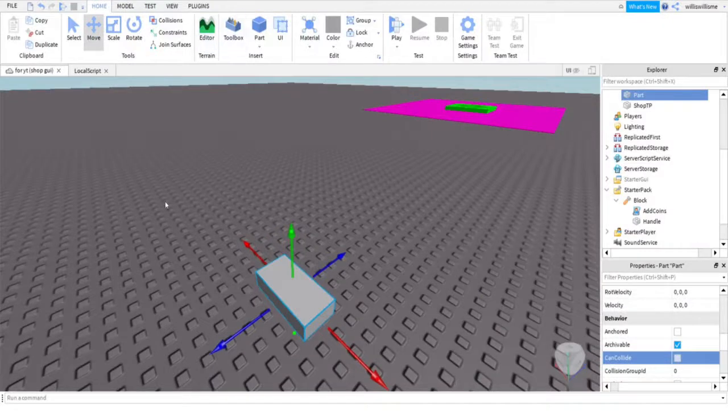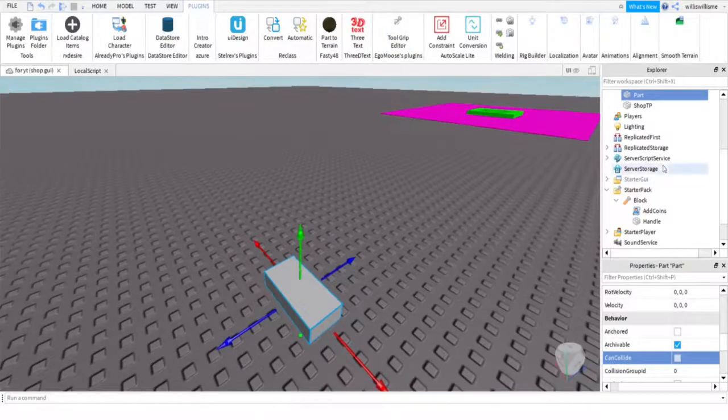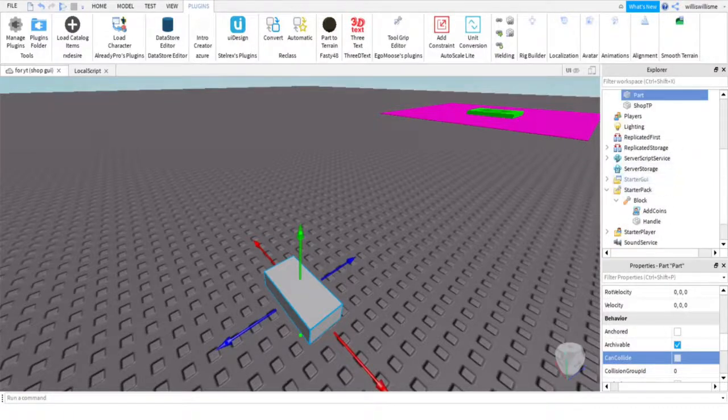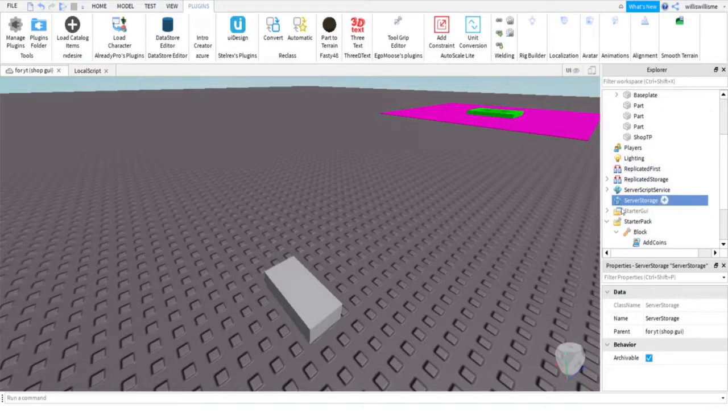I will leave a link to this in the description, but I have a plugin that is called Toolgrip Editor. It is by Ego Moose. What you want to do with that is, once you make it a hand,